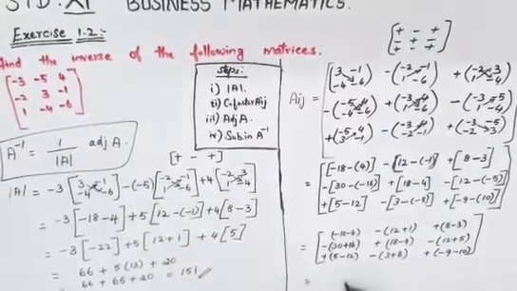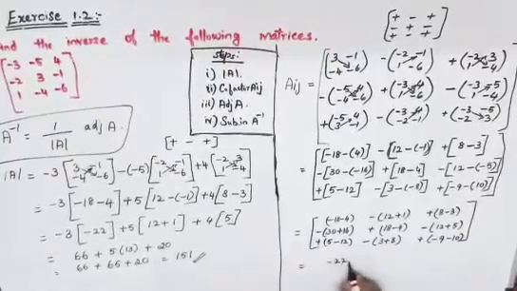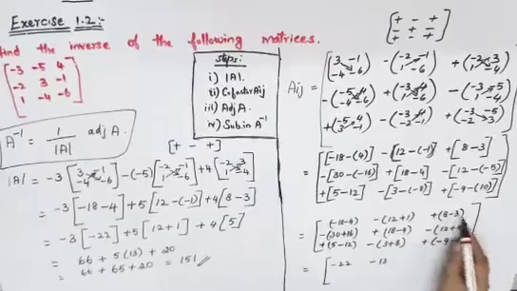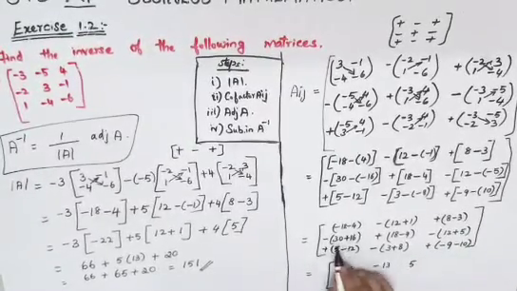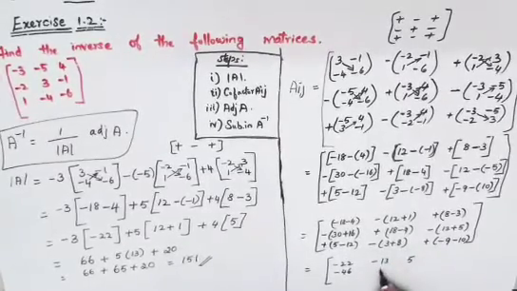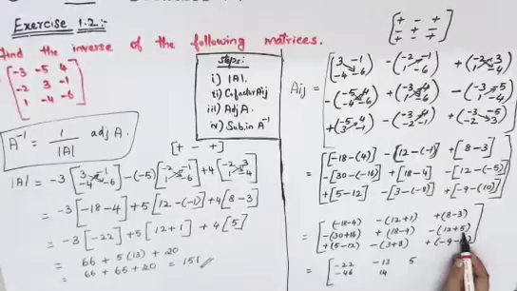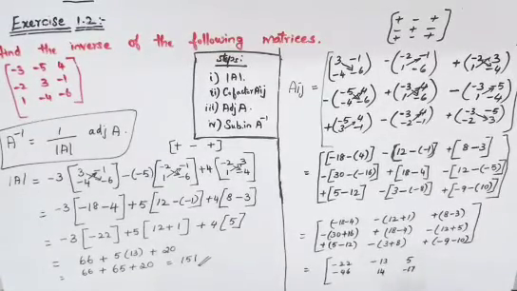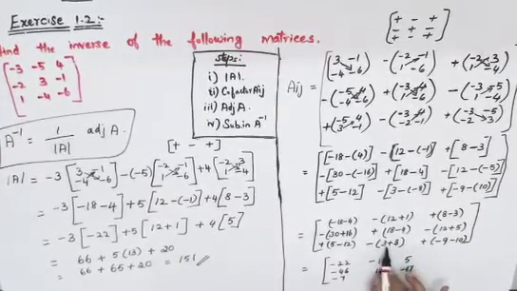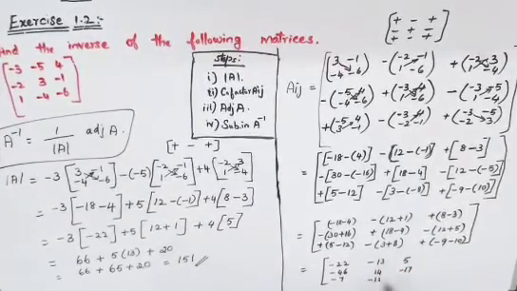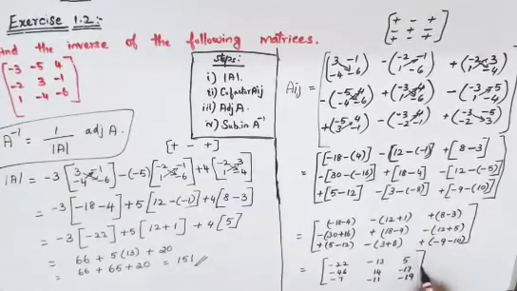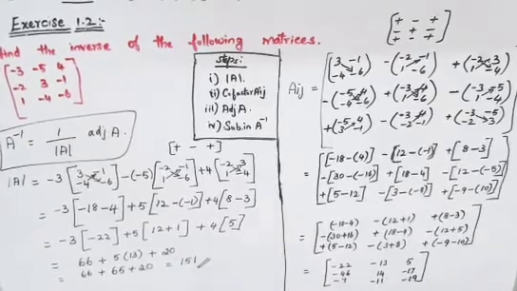So the answer will be minus 18 minus 4 is minus 22. This is 13, so minus 13. 8 minus 3 is 5. 46, but minus is there, so minus 46. 18 minus 4 is plus 14. 12, 5, 17, but minus is there, so minus 17. Now this is 5 minus 12 is minus 7. 3 plus 8 is 11, but minus is there outside, so minus 11. This is minus 19, plus into minus is minus 19. So with this your Aij is done.